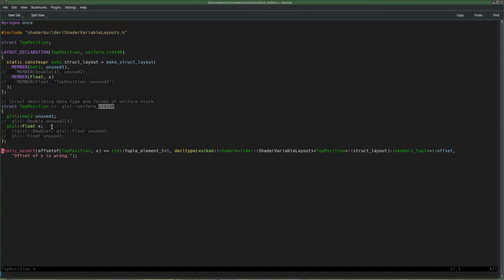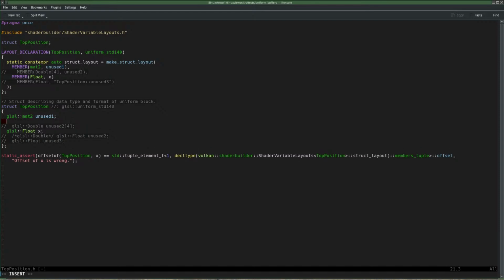So the problem here is simply that in C++ we do not end up at 32. Well, that should be the case. I guess that C++ thinks that a matrix of 2 by 2 is just 4 floats, so 4 times 4 is 16 instead of 32. So I'm just going to add a padding here of size 16.